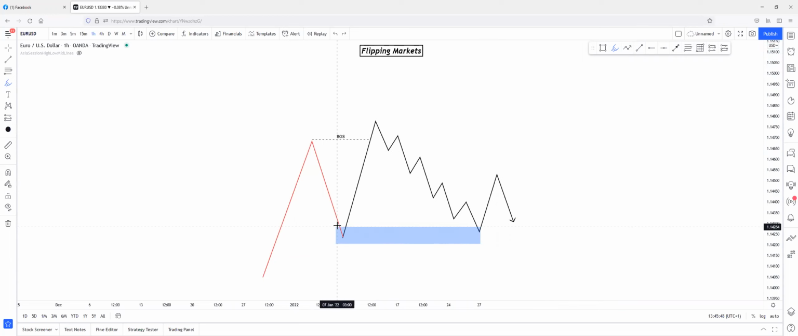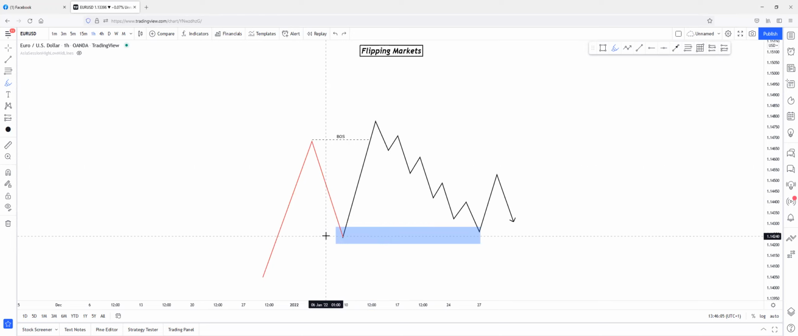Okay, as you can see, price created this demand zone right here with all the three criteria, and I will just tell all the three criteria again because it's a really important part. I just want you to memorize it. I just want you to learn it, and I just want to make sure you learn all the three criteria